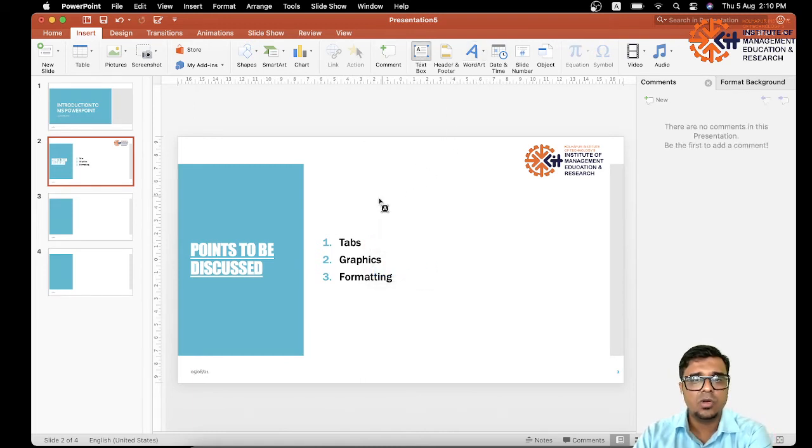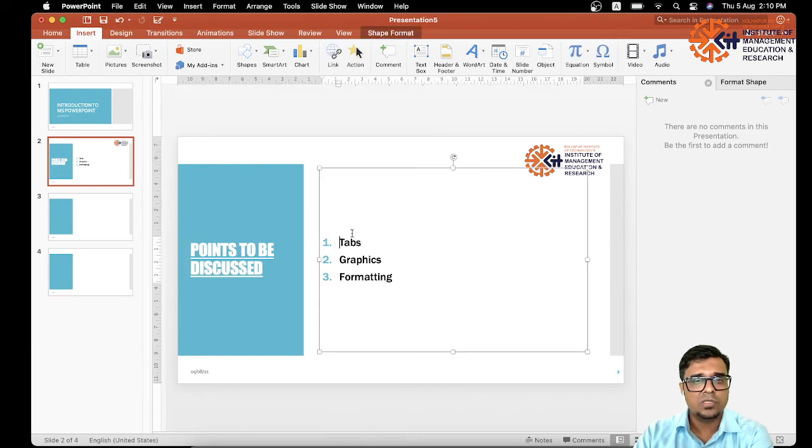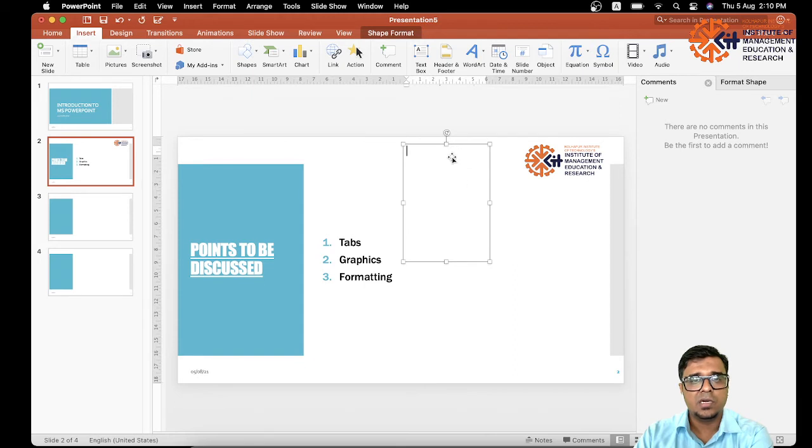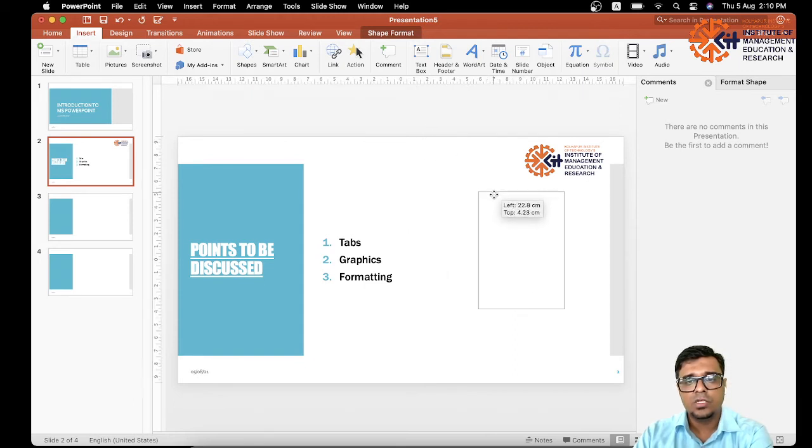Then you can add a text box. Now here there are only two text boxes, one over here and a second one over here. I want to add a third text box. Just click on this text box and drag a text box over here. So you can just go on adding text boxes. Okay,